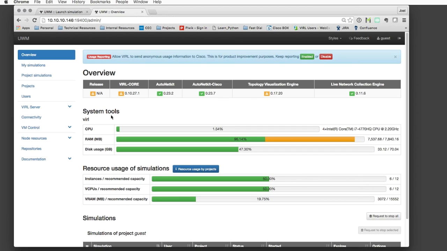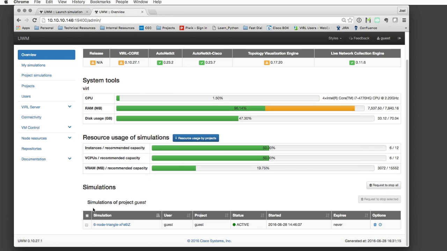But this view with the system tools and resources has been in place for a while. So unless you've got some very old code, you should have something which will report this. You need to point a web browser, log in as UWM admin or maybe as guest or whatever other profile you've set up, and then you should be able to see. So here we've got a simulation that's actually running, and